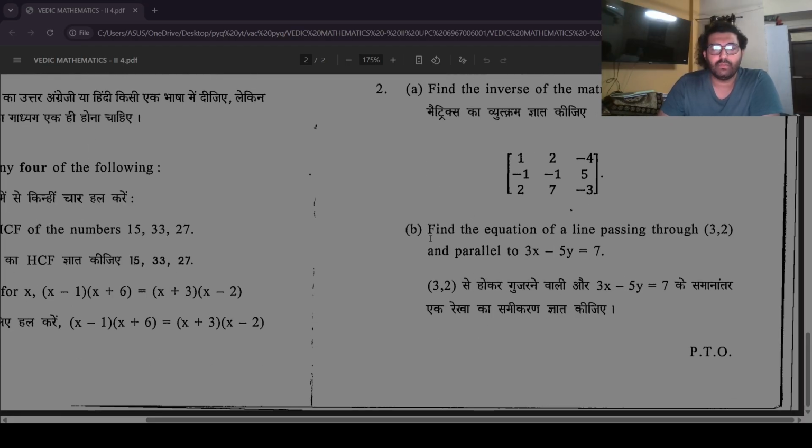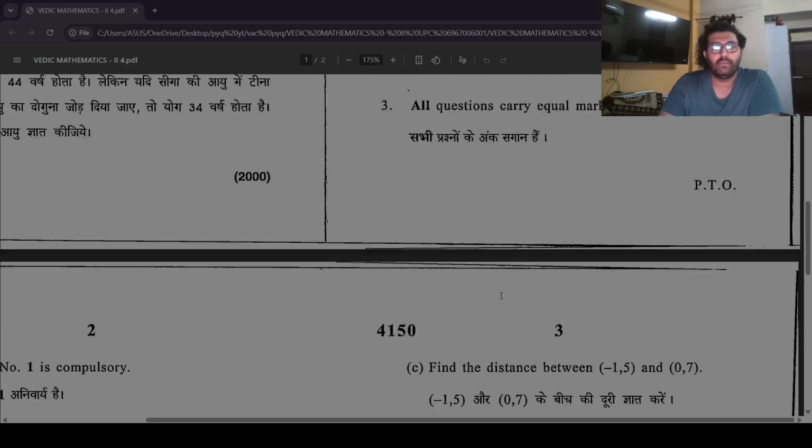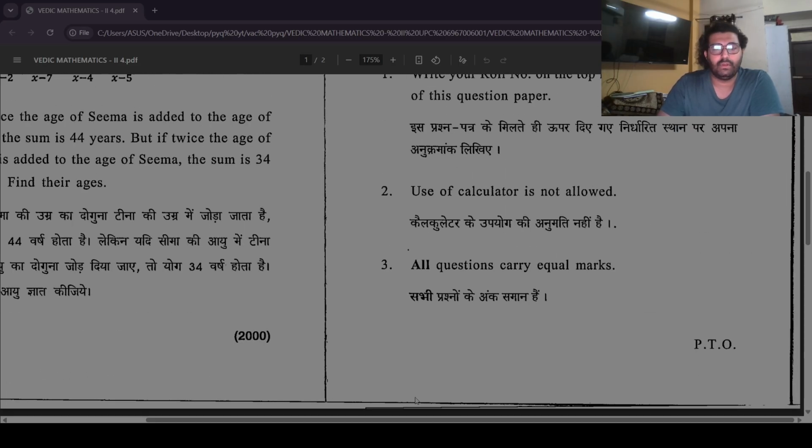Here's the matrix. B, find the equation of the line passing through coordinate 3, 2 and parallel to xy minus 5y equals to 7. And as for the last question,